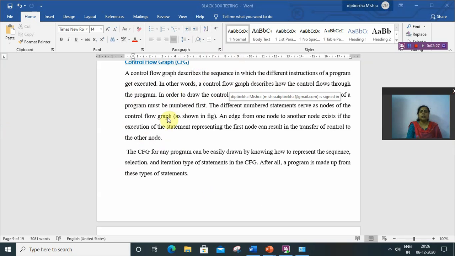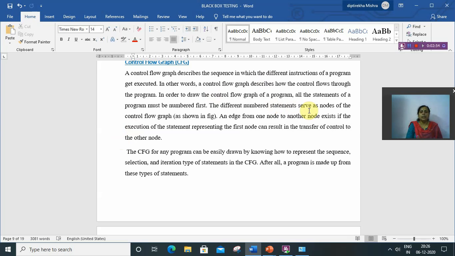In order to draw the control flow graph of a program, all the statements of the program must be numbered first. The different numbered statements become the nodes of the graph.